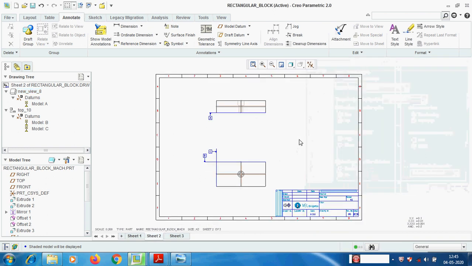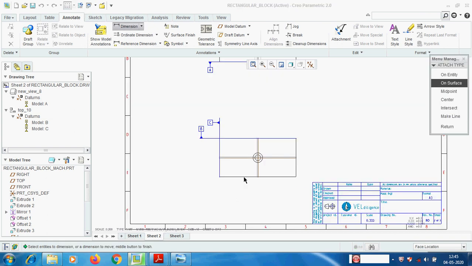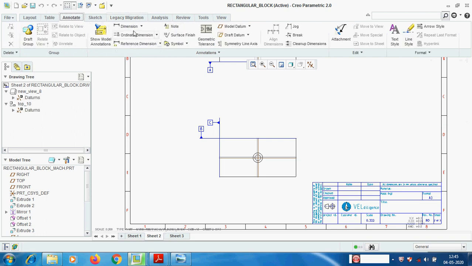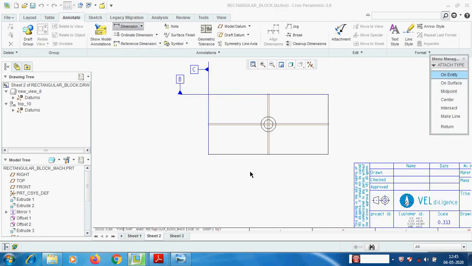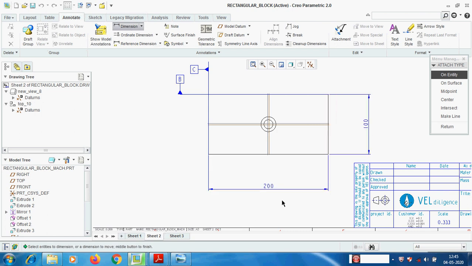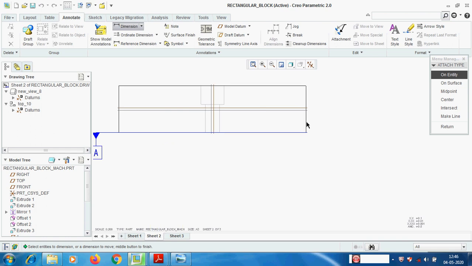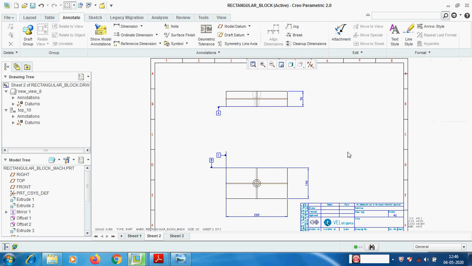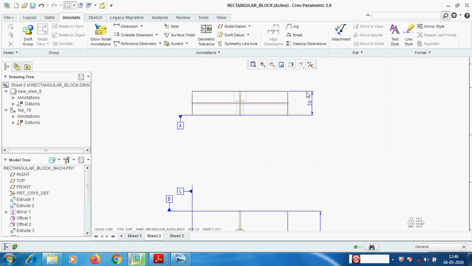Now I am creating the overall size dimensions, 1, 2, and the thickness. If we want to assign ordinate dimensions, this must be 0, this must be 200. Similarly, the datum line must be 0, this must be 100. Similarly, the datum line is 0, this is 50. With respect to A, we have to create this dimension.